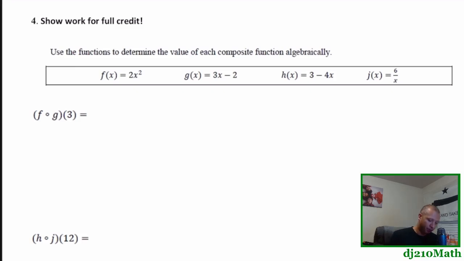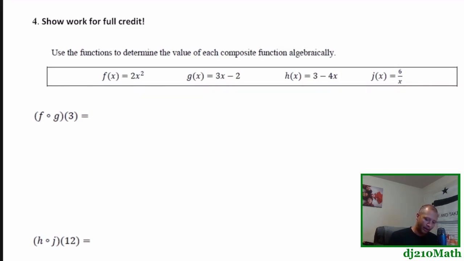F of g of 3. So we have up top 4 functions, f, g, h, and j. This is telling us to take 3 and plug it into g. All right, let's do that. So g of x is 3x minus 2. So when I plug in 3, I'm getting